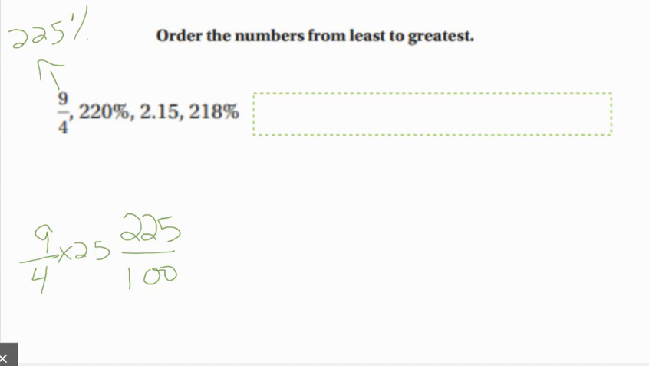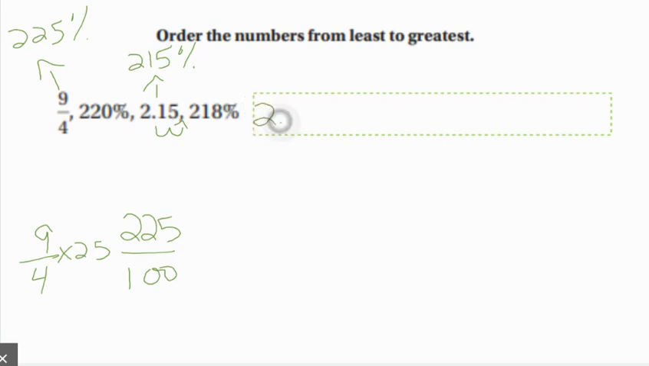Then 220% is already a percent. 2 and 1500ths, we need to move the decimal 2 places to the right. So this is 215%. And then 218% is 218%. So now we have to take these and make sure we take the least first. So our least looks like it's